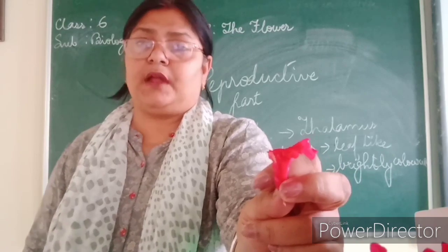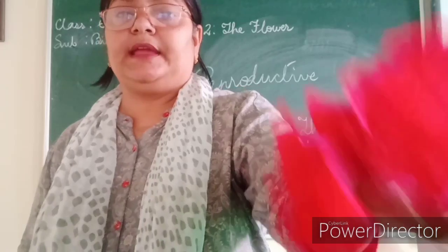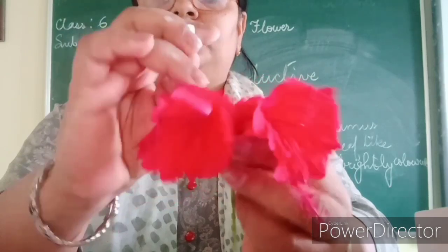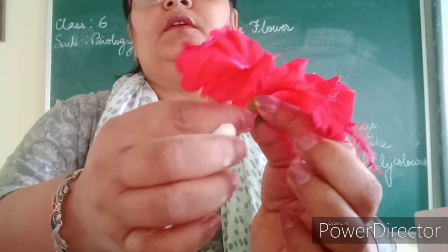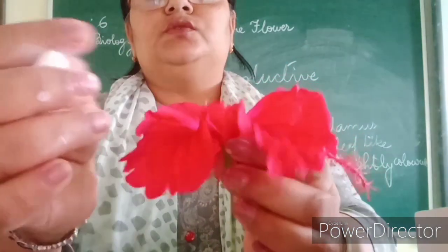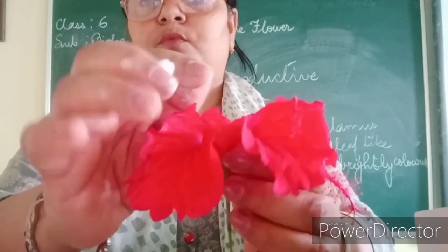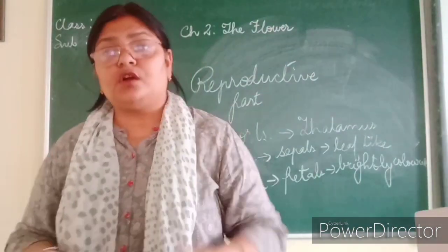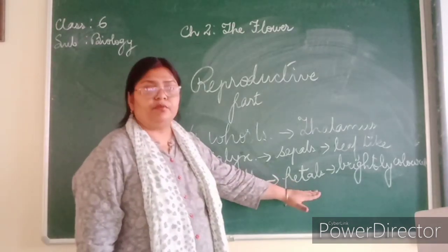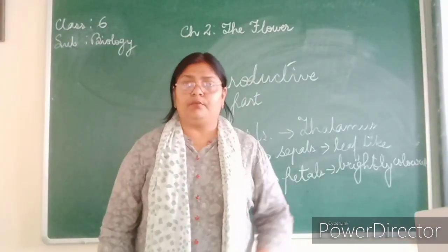The insects visit the flower in search of nectar. So when they sit on the flower, attracted by the color, the nectar glands are there near the end of the ovary. So what happens when the insect sits here to collect the nectar? The pollen grain gets transferred. We'll talk about it in more detail later. So for now, the corolla, made up of brightly colored petals, functions to attract insects for pollination.